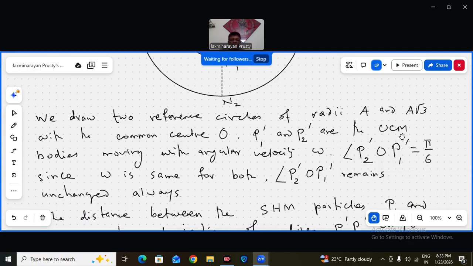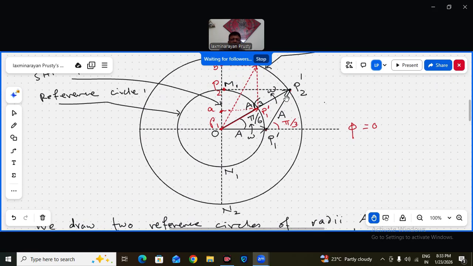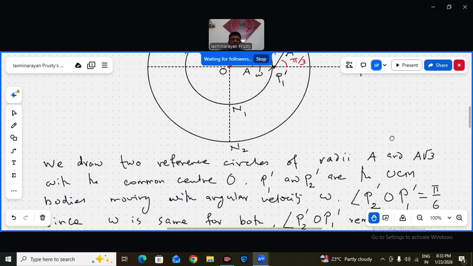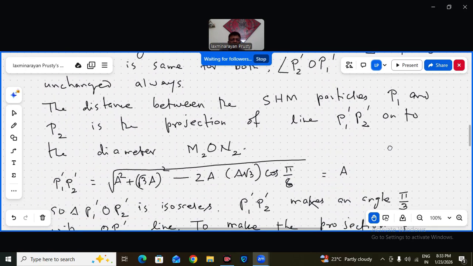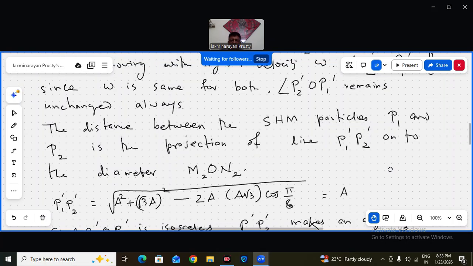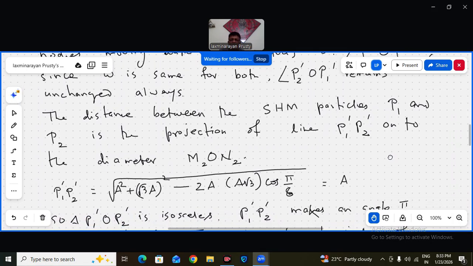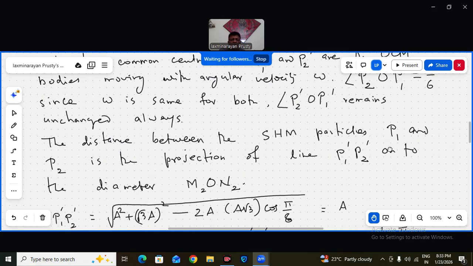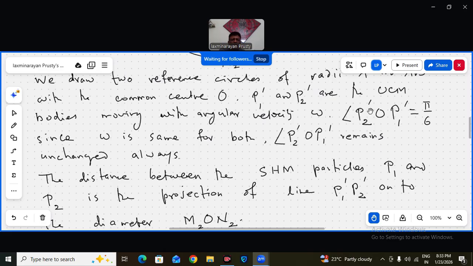P1 dash, P2 dash are the UCM bodies moving with the angular velocity omega, same omega. The angle P2 dash O P1 dash is pi by 6. This is the initial phase of P2 dash, also of P2, we can call this. And since omega is constant, P2 dash O P1 dash, that phase pi by 6,